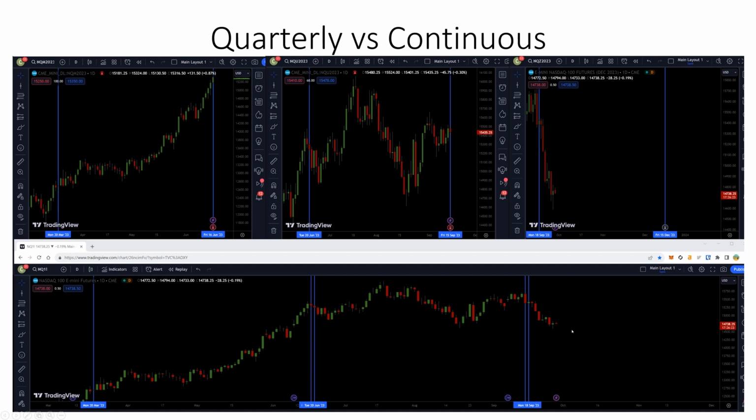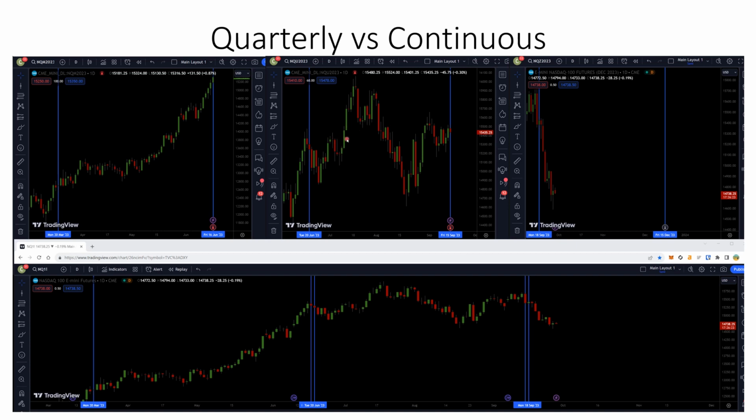So all you're seeing with the continuous is this gap right here. Let me see if I can get my little laser pointer going. Down here, this box of price action is this box of price action. This box of price action is this box of price action. This little extra piece right here was price action on the NQU contract, but